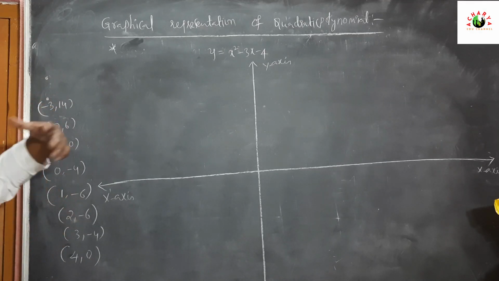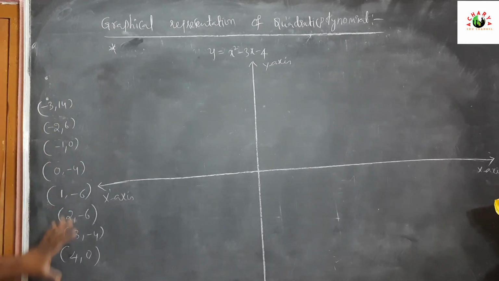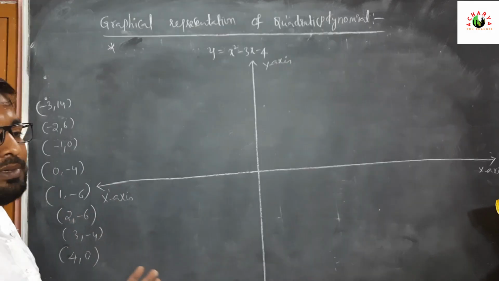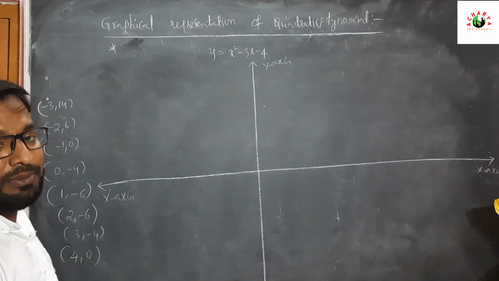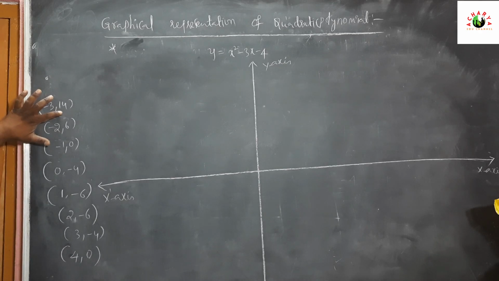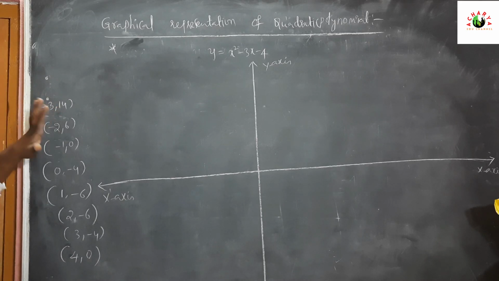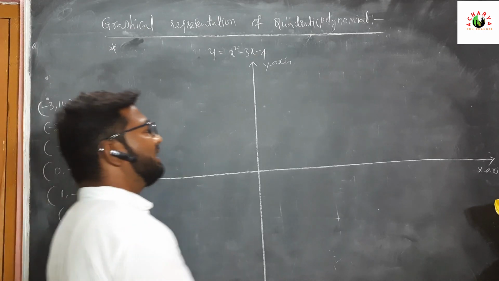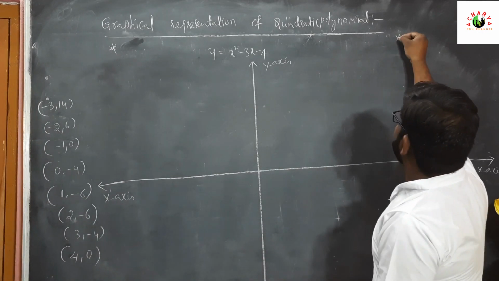according to these values, we have to take the scale. For example, if the points 30, 35, 40 are there, we have to scale 1 centimeter is equal to 5 units. But if the highest value is here 14 only, no need to write 1 centimeter is equal to 5 units or 4 units or 3 units. Directly you can take the x-axis.